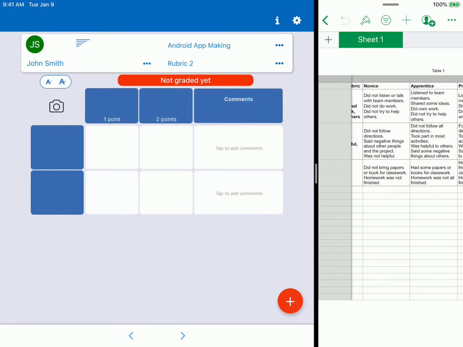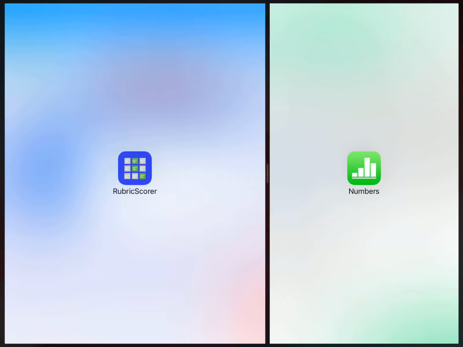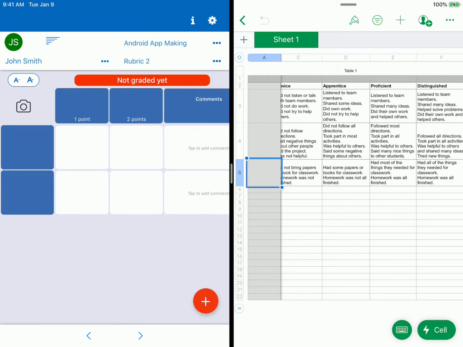And now I want to split the screen in half, so I'm going to tap on the middle bar in that black line there, and it takes a second here to get the exact spot. But you want to drag that over and long press so we're in the middle. And right now I have